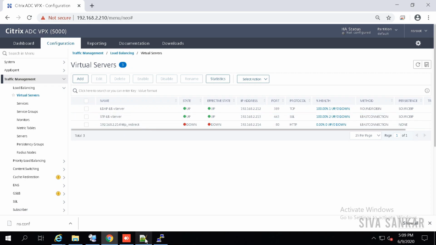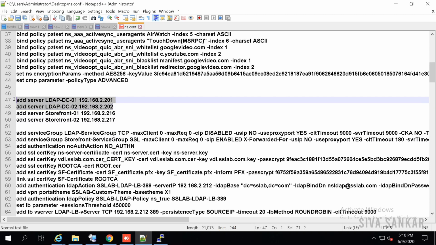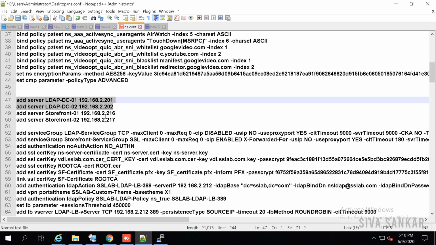And a redirection URL. Now let's go to this. So the 4 servers are these. If you want to add a server, this is the command. Now let's do something. Let's delete something and recreate it later. So I'll copy these 2. Let's create the LDAP load balancing. I'll copy these 2 into the next one. This is how you use commands. Just take whatever you want to do and use it later.